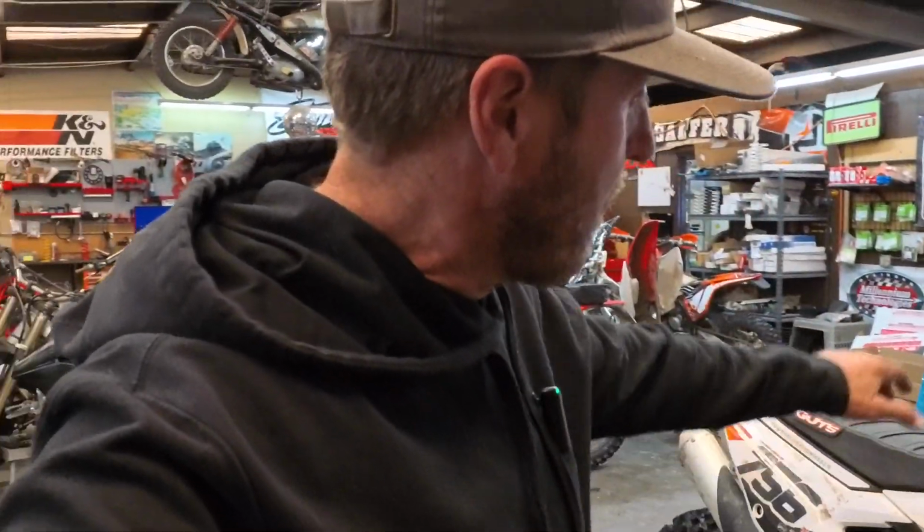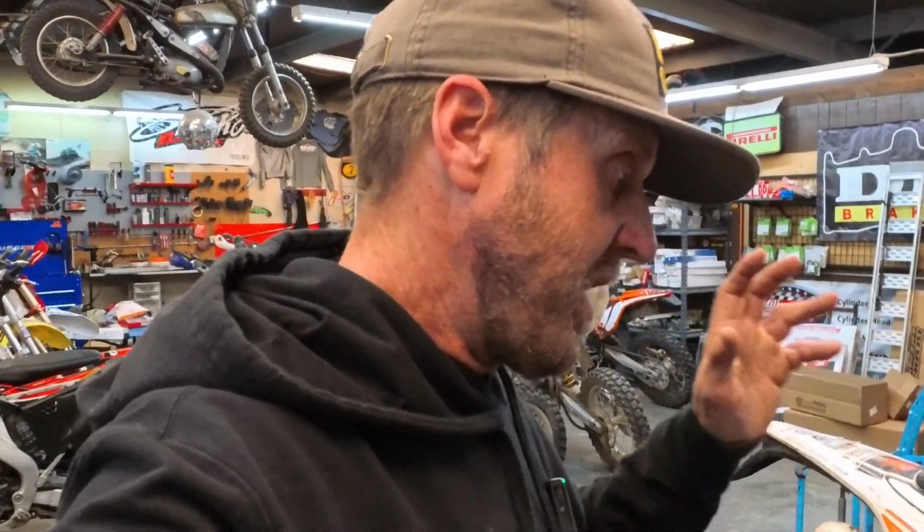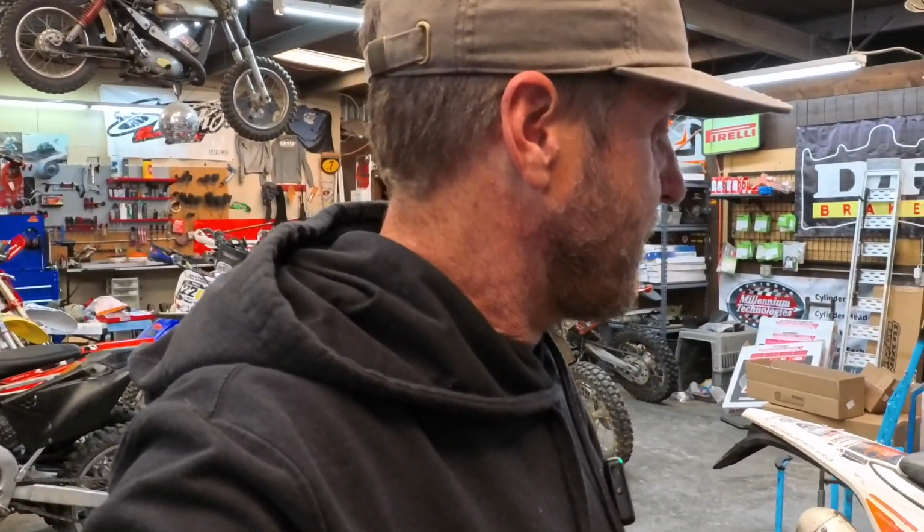How do you replace an inner clutch cover gasket on a two-stroke? That's what we're here to do with you guys today. We are going to be working on my 2024 300RR Race Edition Beta, but this is very much like every other inner clutch cover gasket, even on four-strokes. They're all pretty much the same. So this one